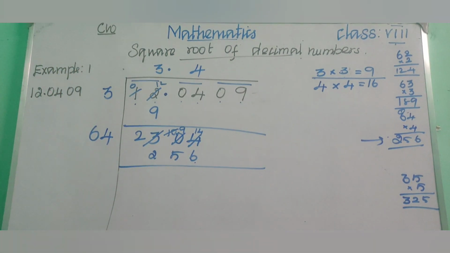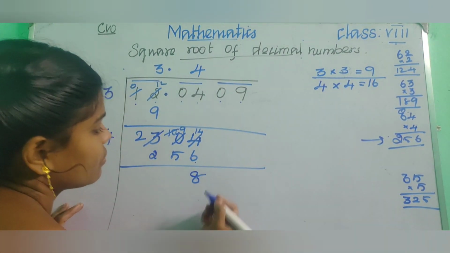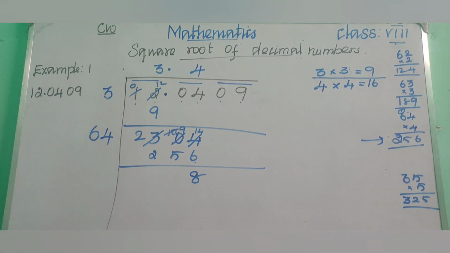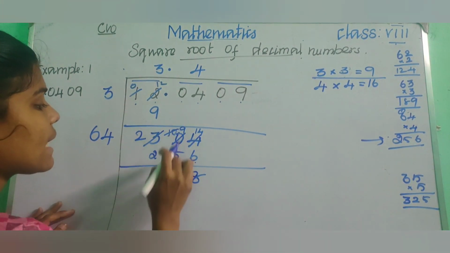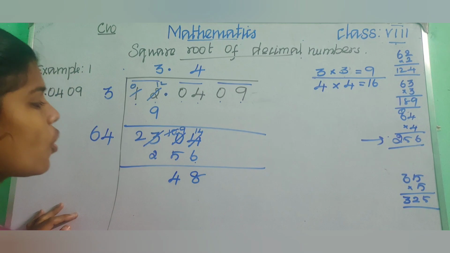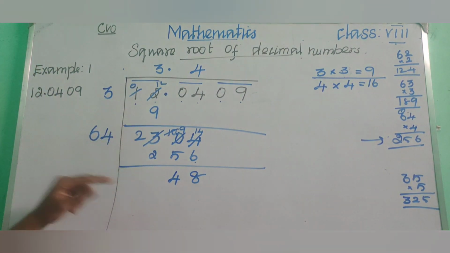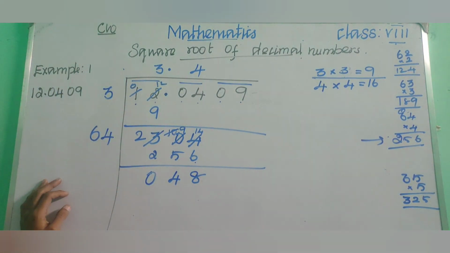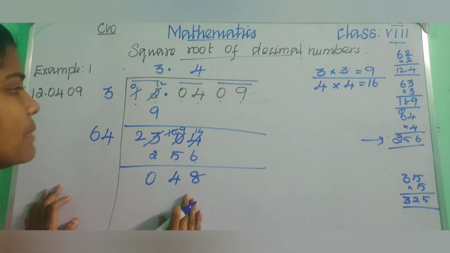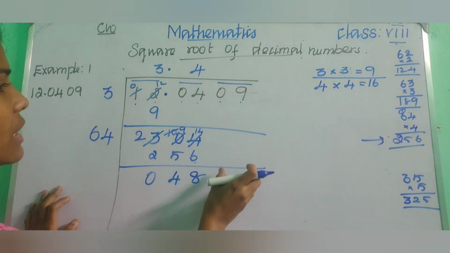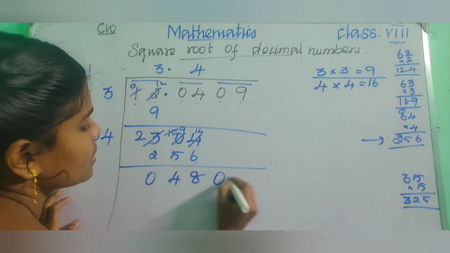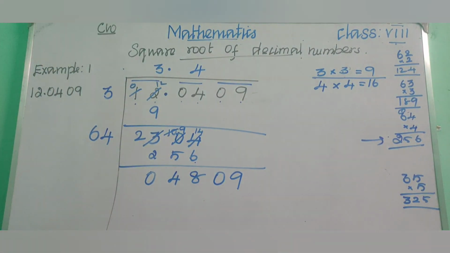Okay, children, so 14 minus 6, 8, right? 14 minus 6, it is 8. So and then 9 minus 5, 4. Okay, 9 minus 5 is 4 and 2 minus 2 will get 0. Okay, children, so now we have completed this step. Now we need to bring down these two numbers. Okay, 0, 9. Okay, now we just bring down these two numbers. Okay, so now we got 4809.